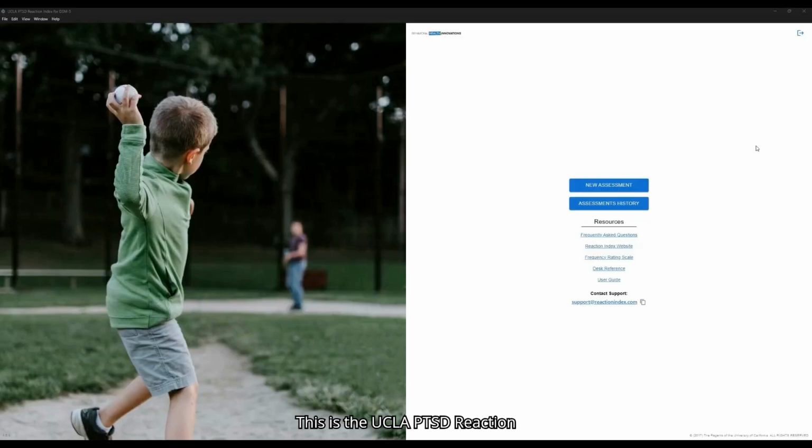This is the UCLA PTSD Reaction Index automated platform. The automated platform is a fully locally installed application for Windows or for Mac. That means all patient data is locally stored and accessed, and BHI does not receive any protected health information from